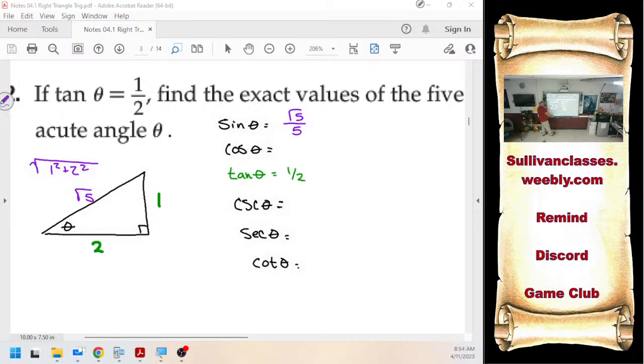Adjacent over hypotenuse is 2 over root of 5. Rationalize it, which makes cosecant nice and easy. Oh, if I have the square root of 5 over 5 and then I flip that,